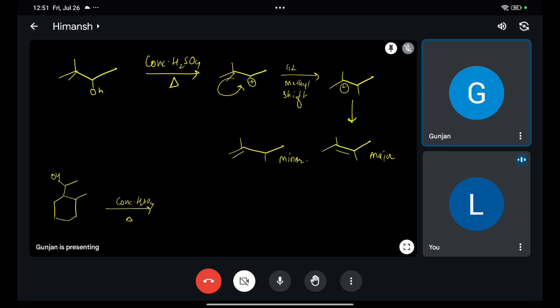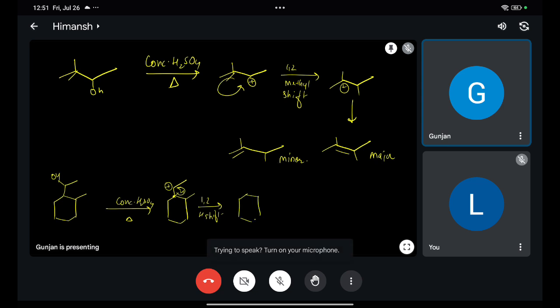Here also OH will get removed and then a carbocation will be formed. There will be a shift. Yes, ma'am. Another product will be. Okay. But